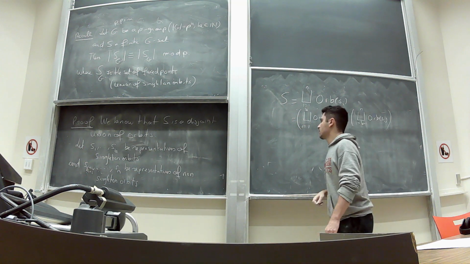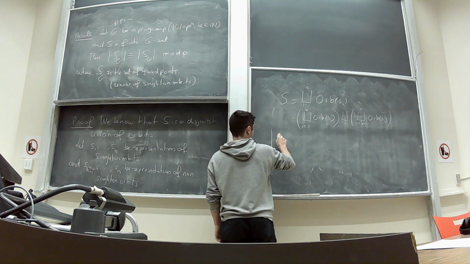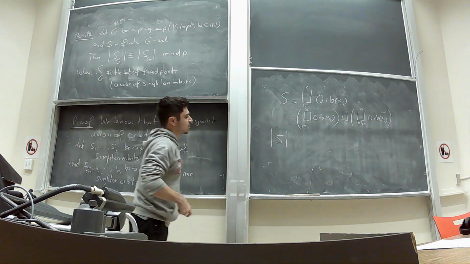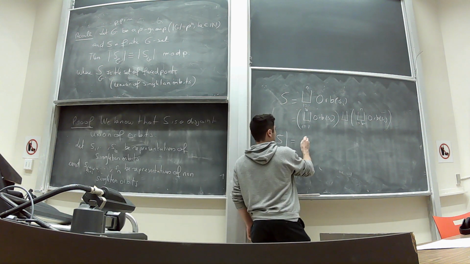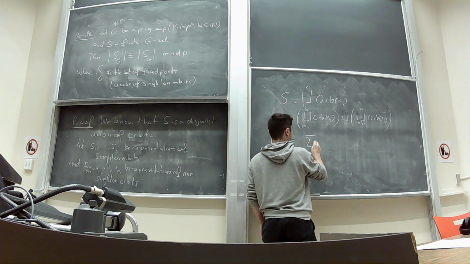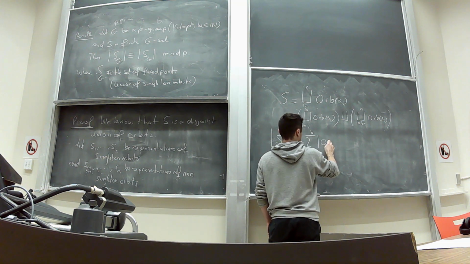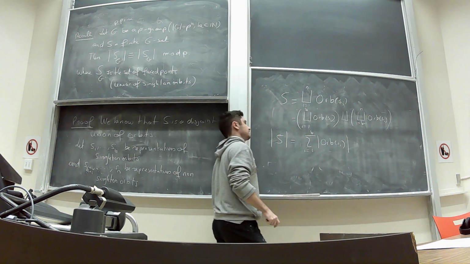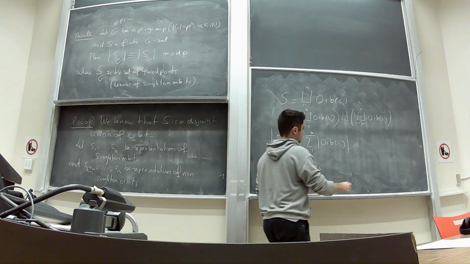Now all of these unions are disjoint, so I can take the cardinality and add the cardinalities up. So this is just the sum, plus